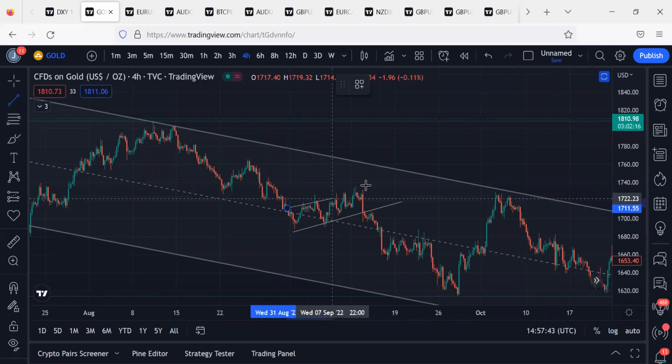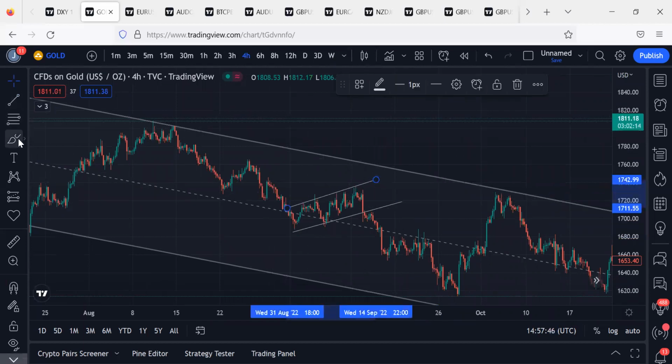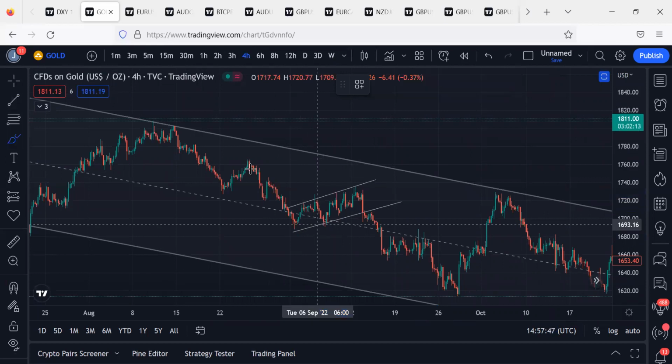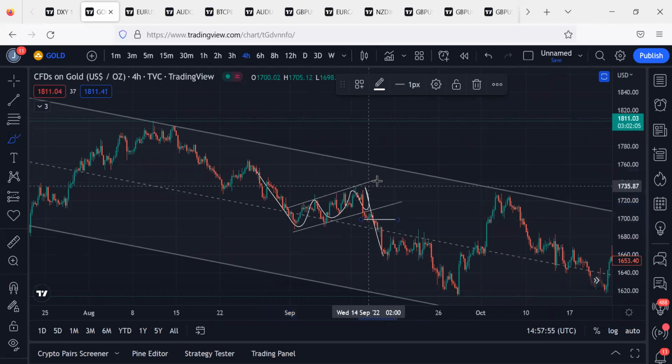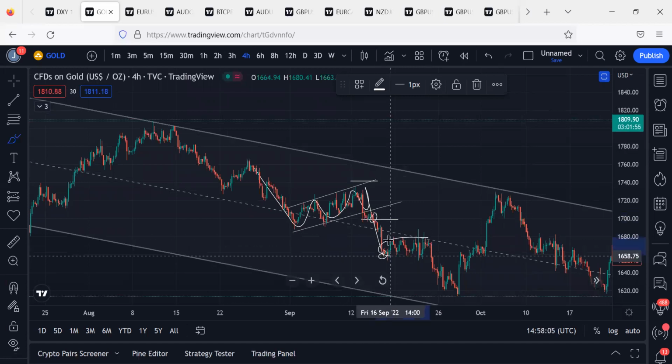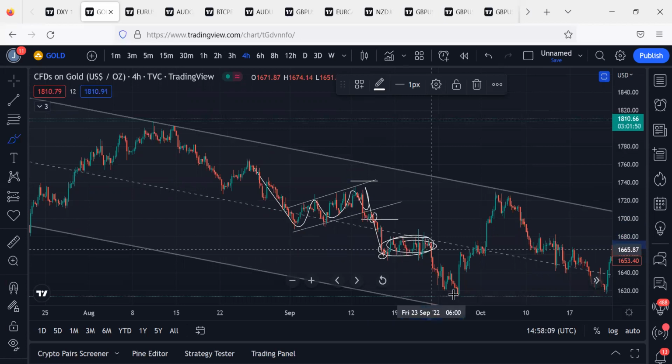This is an ascending channel. Ascending channels tend to do what? They break down. So once it breaks down, you can enter, putting your stop loss above here, taking about 500 pips. So these are things I'll be looking out for, entering trades weekly with 4 to 5 lots. This is a consolidation that will happen after this breakdown to determine what will happen next. So these are the things you should be looking out for.